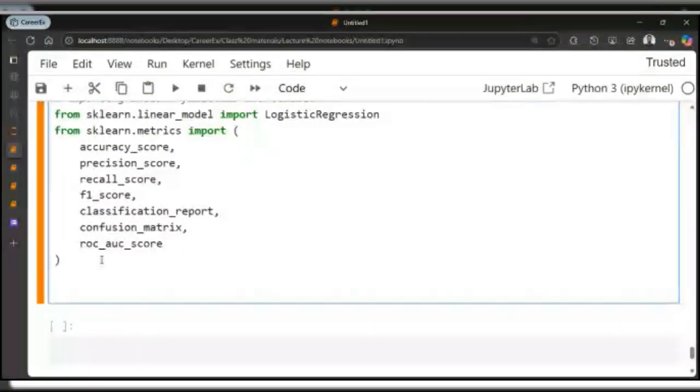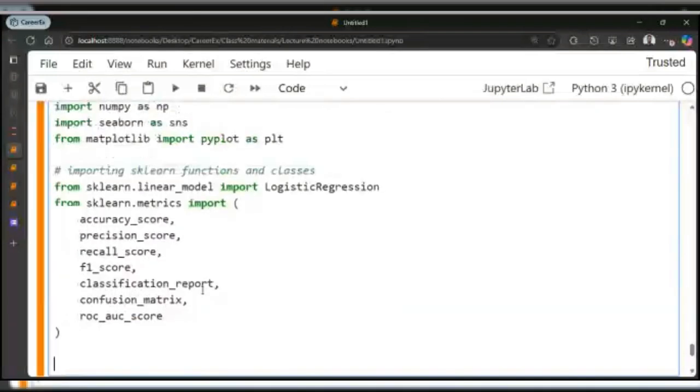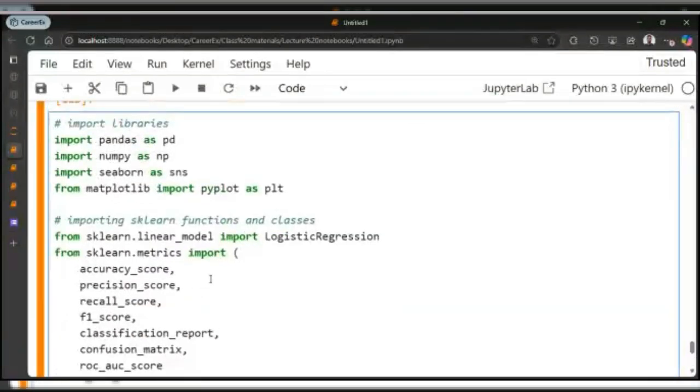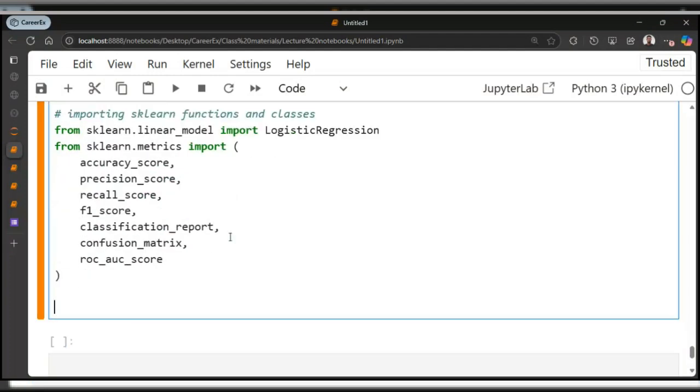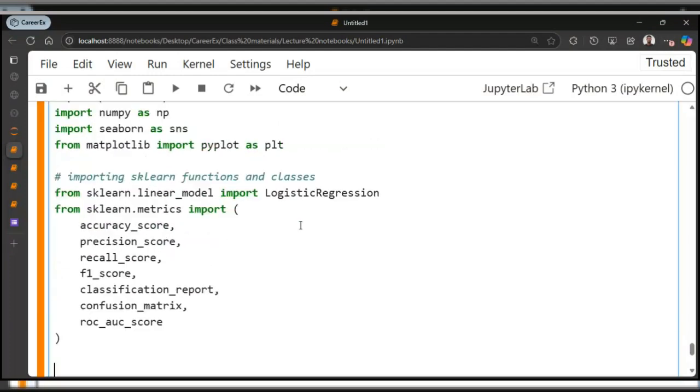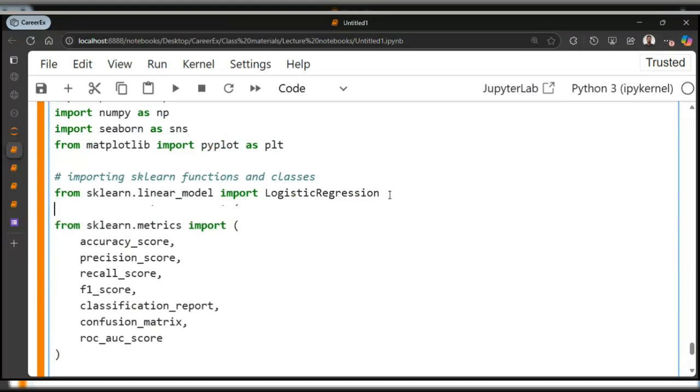Now I also want to set, because I might, okay, never mind. Let's just leave that. So we imported this. What else? We import the preprocessing tools from sklearn.preprocessing.